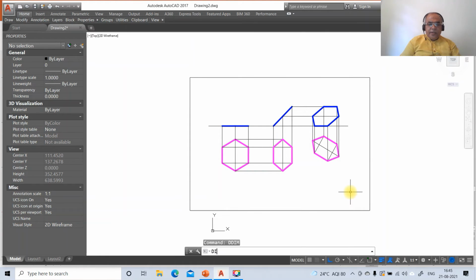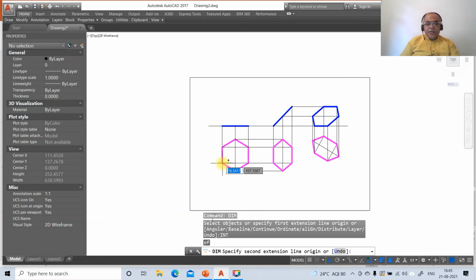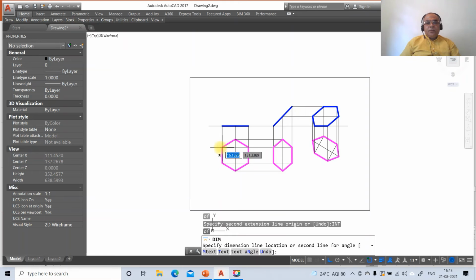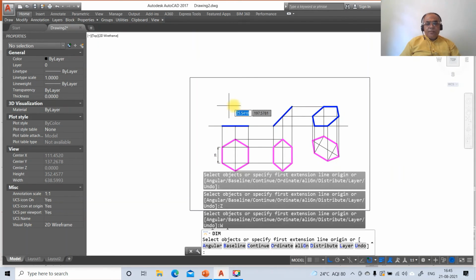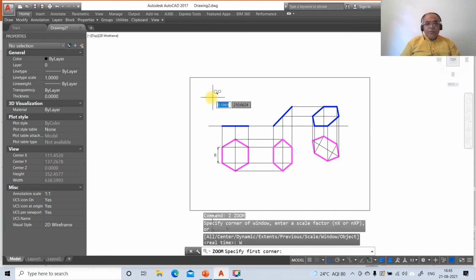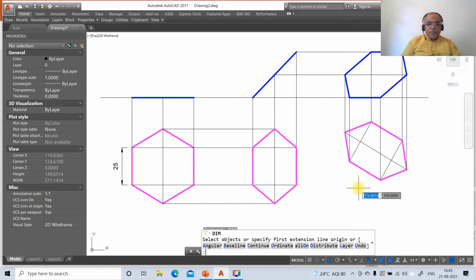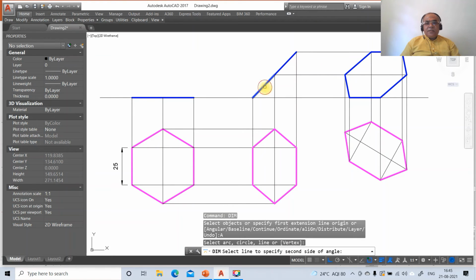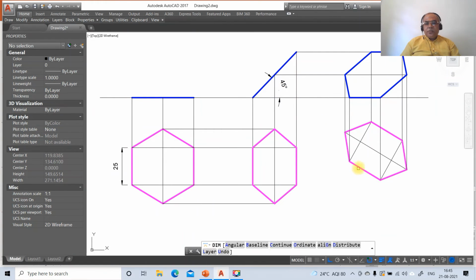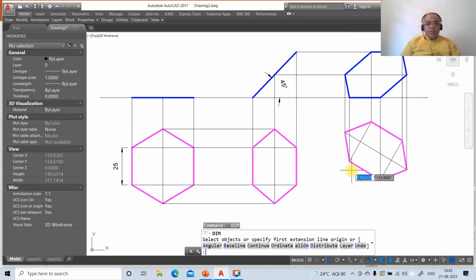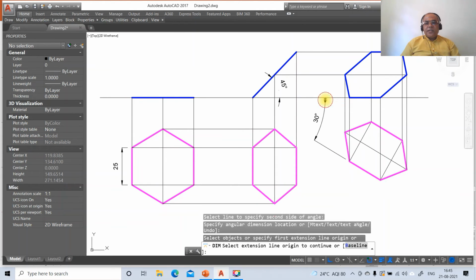Now we just go to dim, you take intersection point of this and you take int of this, so you are going to get 25. Then go to zoom window, so you just go to zoom window, you select this, then go to dim, so go to angular, select between this line and this line, so you are going to get 45 degrees. Again you take dim, go to angular, select between this line and this line, so you are going to get it as 30 degrees.